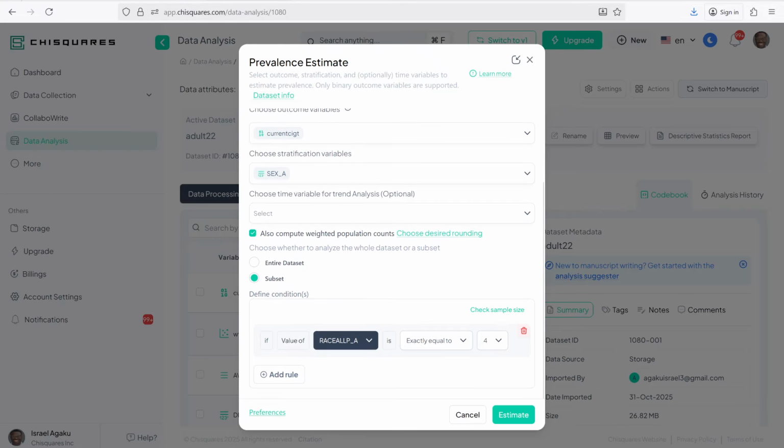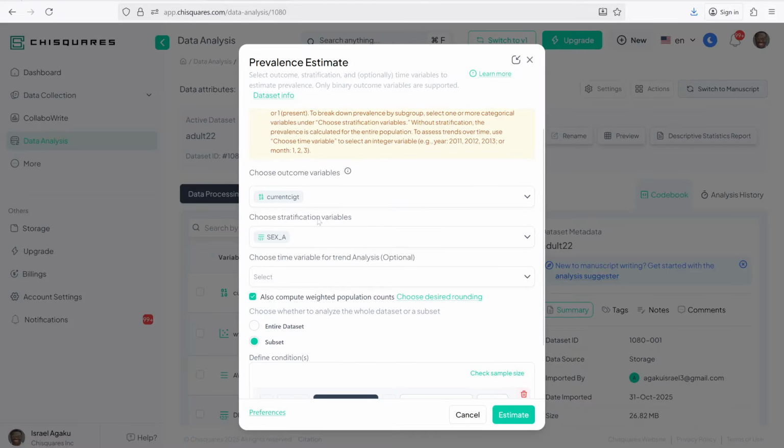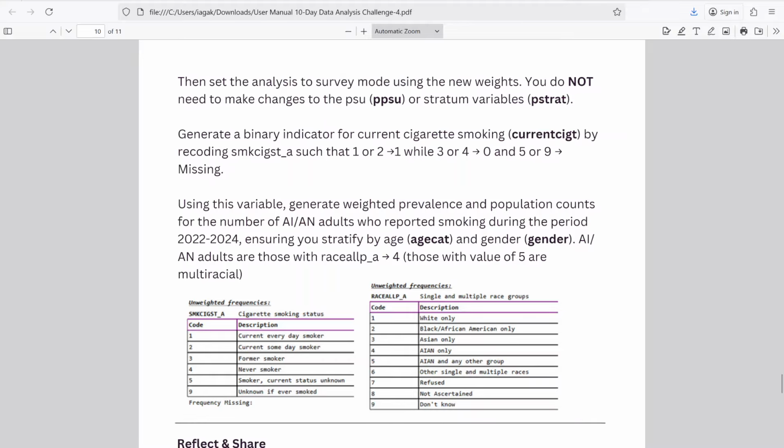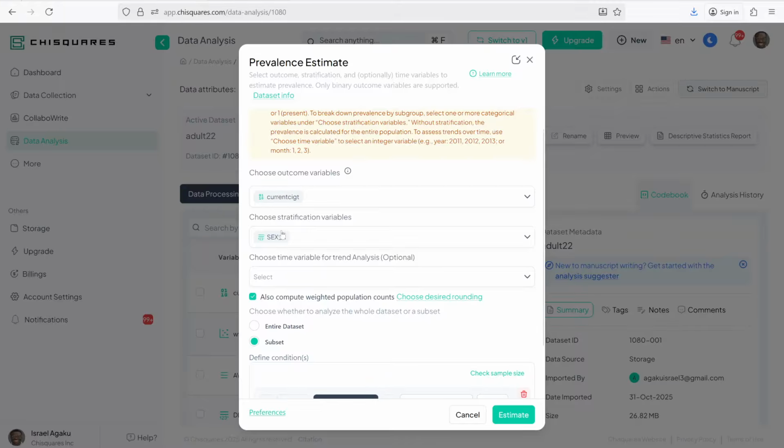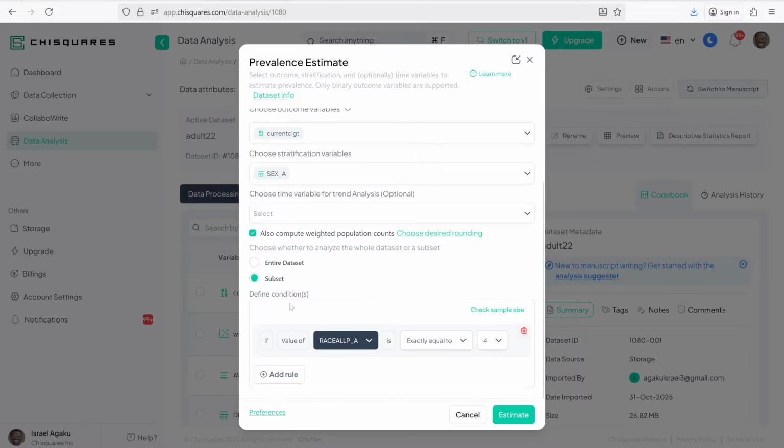We're going to apply. And so the setup is prevalence of cigarette smoking, the stratification variables from the exercise, we're asked to stratify by age and gender. For the sake of this demo, I'm just choosing sex, but when you're doing yours, make sure you recode the variables for gender and for age, so you have both variables here. I'm calculating weighted count as well, and this is supposed to be among the subgroup of individuals who identify as American Indians or Alaska Natives. So I'll estimate here. So this is going to take the exact same thing and calculate it, but this time